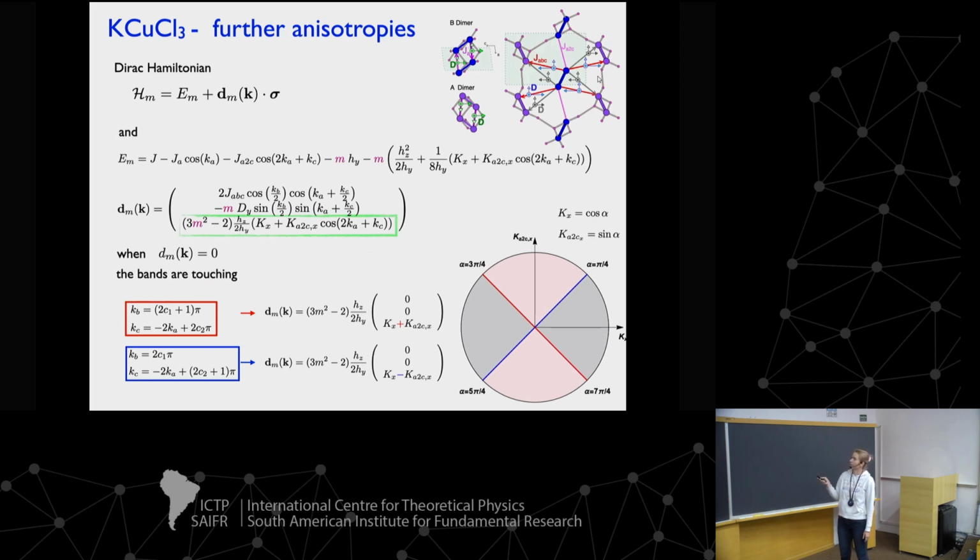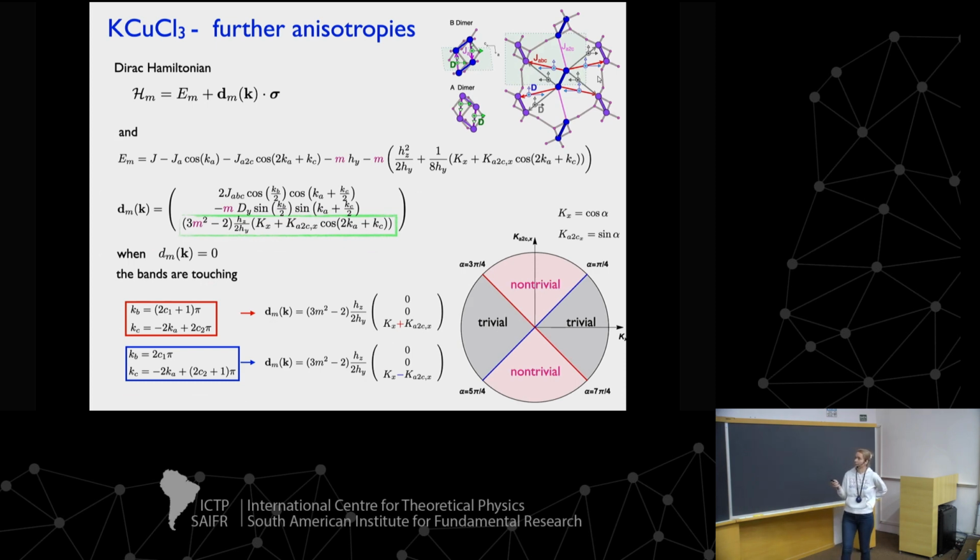along this red line. I'm not sure it should be called a phase diagram, but let's think of this as the parameter space that we are investigating, when we parameterize this Ka2CX and the Kx with the sine and cosine of alpha. Depending on the size of this alpha, either we have degeneracy along the original blue lines, or we have degeneracy along the red lines, or when we are in between, the system is fully gapped. So the pink and the gray areas are when the system is fully gapped. As it turns out, the gray areas are topologically trivial, and the pink areas are topologically non-trivial.